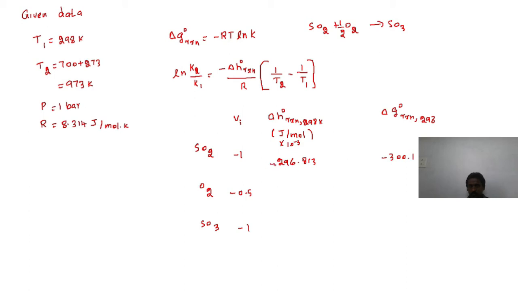Here also, for O2, delta H F naught is 0, and similarly delta G naught F is 0, for SO3